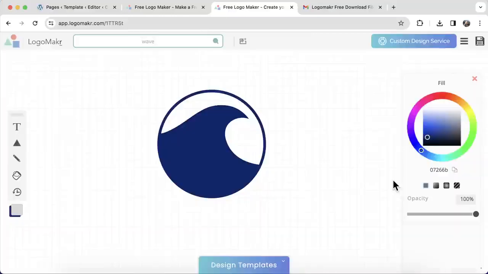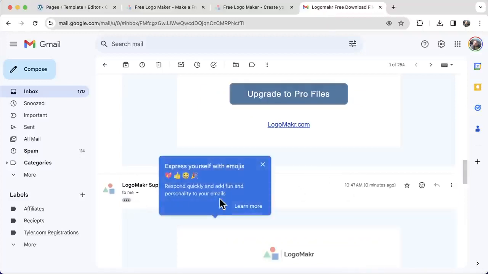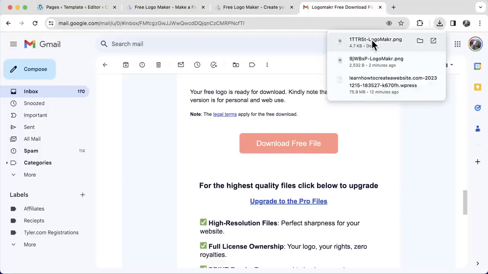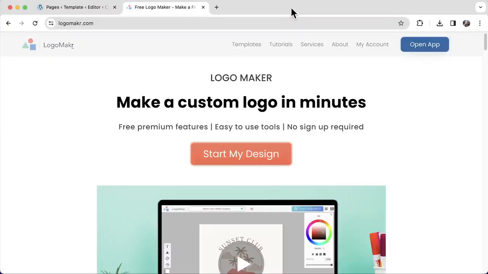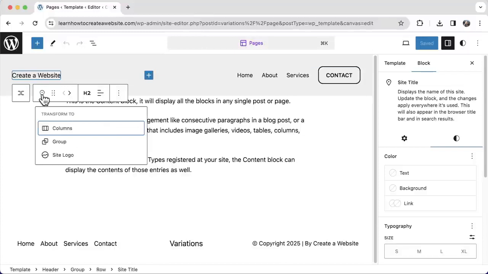And then we could once again check our email and show the email, and we can download the file once again. And just click, hold, and drag that to our desktop. All right, once we have the 2 files, we can exit out of here and exit out of here, and then exit out of here. And we can click on this icon right here after we selected our title, and we can make it into